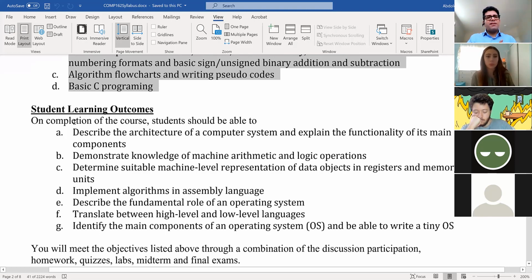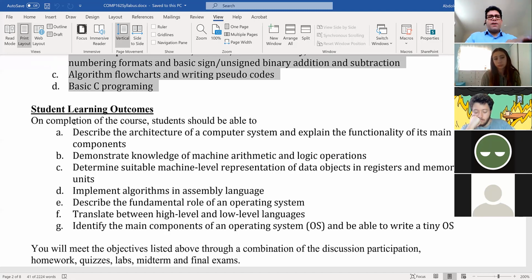As you will see, assembly is not that difficult if you know the fundamental concepts and the basics in programming. It's not going to be difficult. But if you don't know any of this, and don't know how to convert binary to hex to binary, and you don't know how the bitwise operation works, then it's going to be a bit challenging, because we work with bits and bytes in